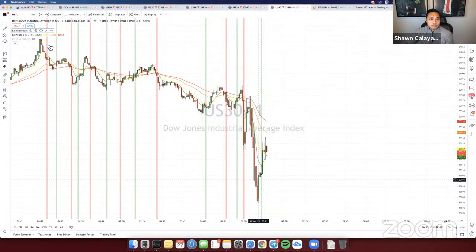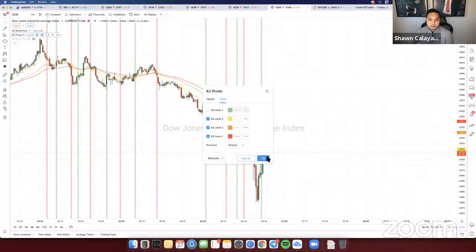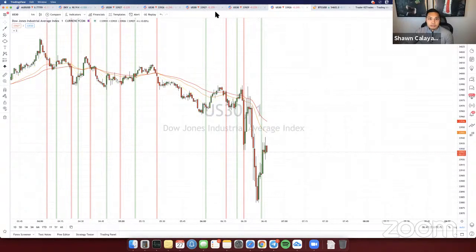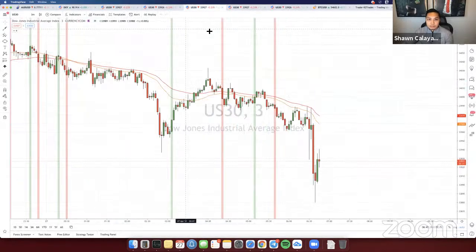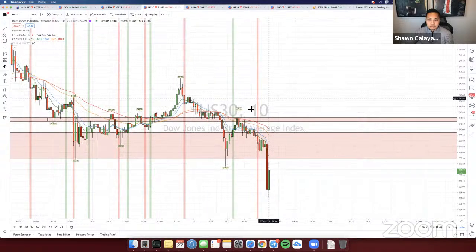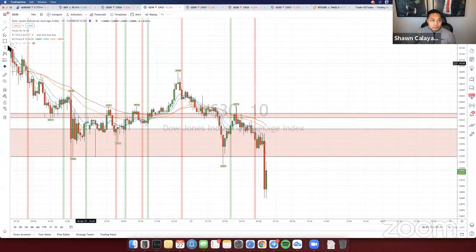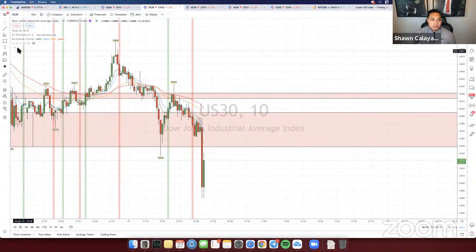So let me just change this up because we're only using 2 pivots off of that. If we get another sell signal there, we'll take it. There's nothing here on the 3 minutes, so we're going to just use this for confluence. There's nothing here on the 10-minute either. Actually, there's a scalp entry right here if anyone wanted to catch that, but I wouldn't catch this one right here. I'd wait for the next one.